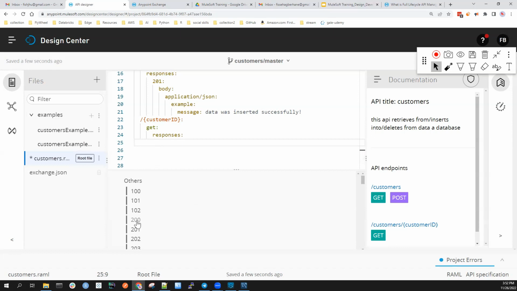For the GET method, we want to get data. We are not sending anything. If there is a header or query parameter, we specify it in the body and get before we specify responses. But we don't have any, we are not sending any header here because the ID we are going to send as a URI parameter. So the 200